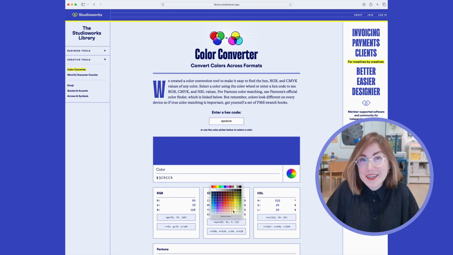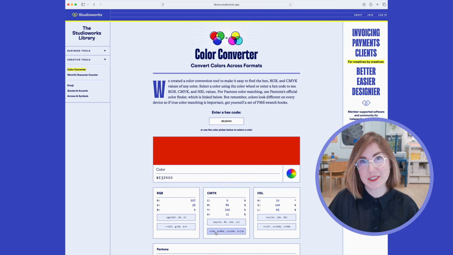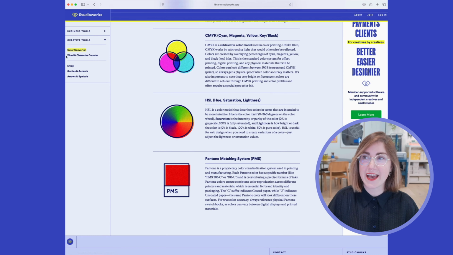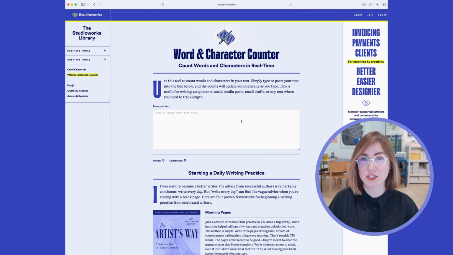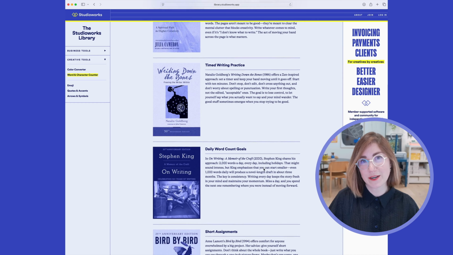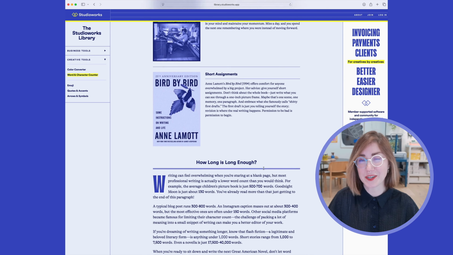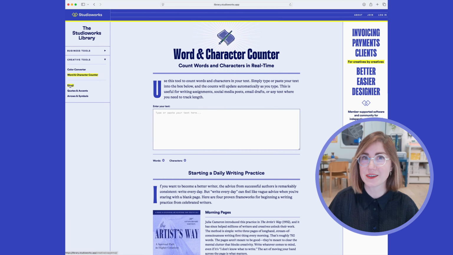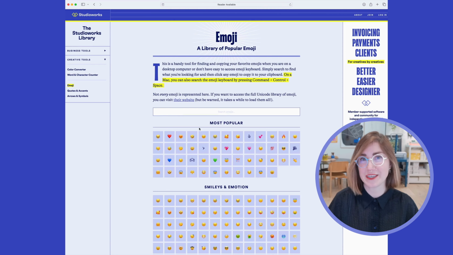And there's all sorts of other stuff on here already too. I made some creative tools like a color converter and also a word counting tool. And both of those pages not only are the tool itself, but they have some information. The color conversion one talks about what the different color spaces are and how they work. The word count tool gives you sort of a little bit of encouragement to do short form writing by telling you what a typical picture book word count is, and also even up to a novella, and also some good